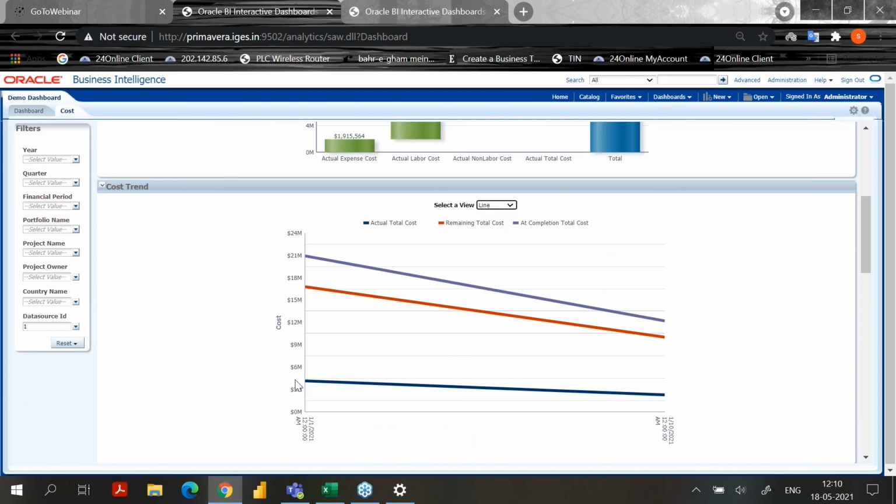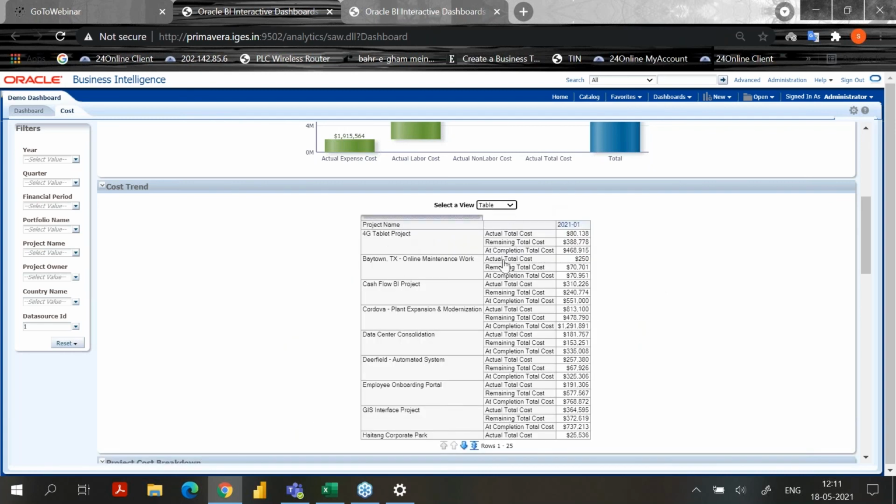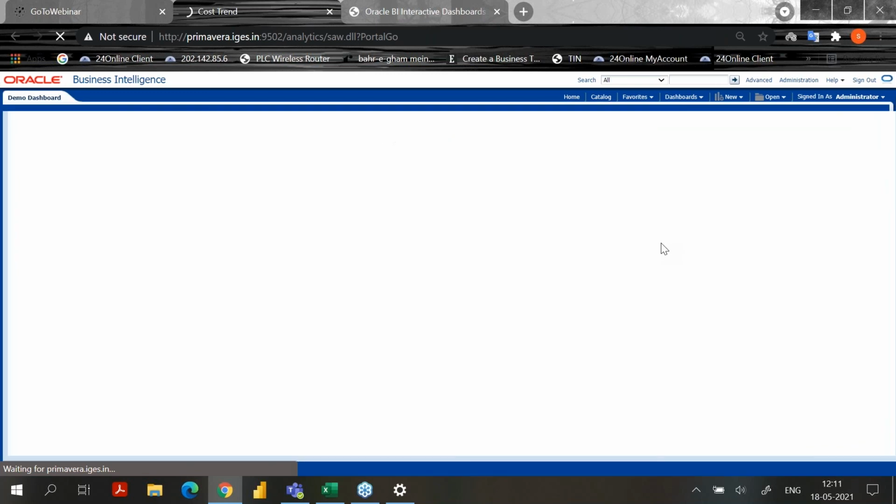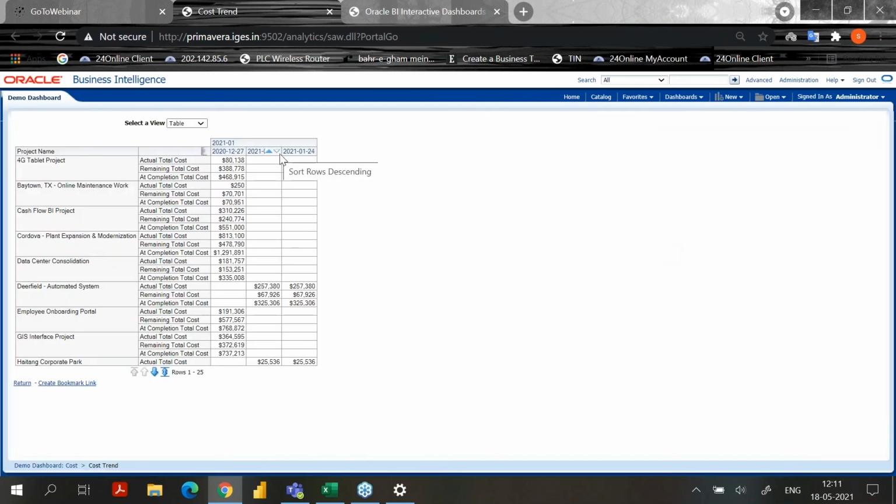It is not showing correctly. Actually the date is not correct, so it will show based on the S curve. If it is divided into all the months and everything is planned, it will show a good S curve type report. And if you want to see the table report, it will show all the table reports based on this. If you go down, it will show another. Just one click return.